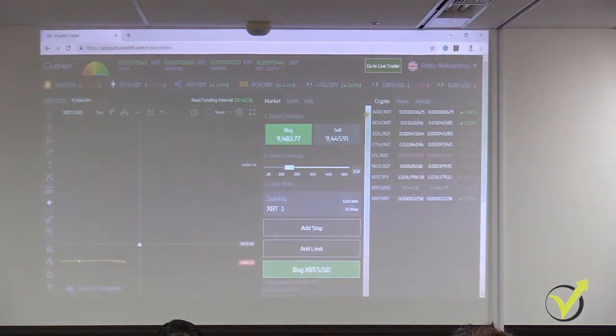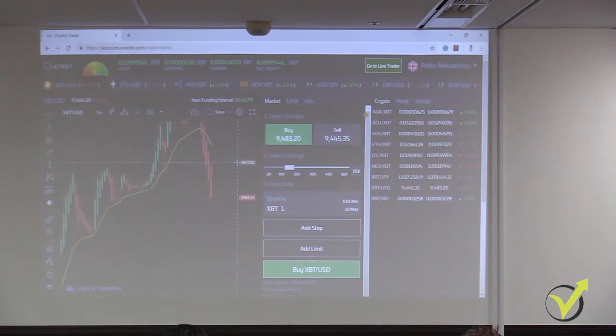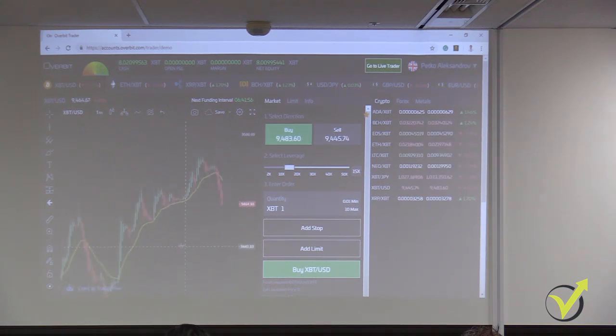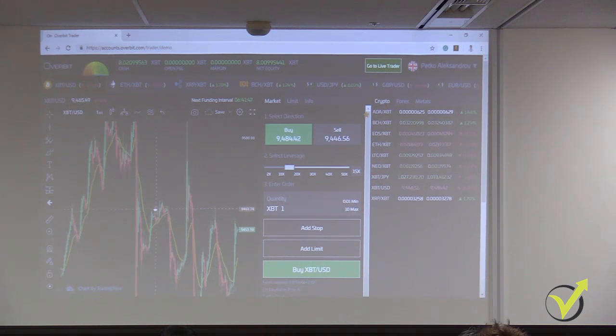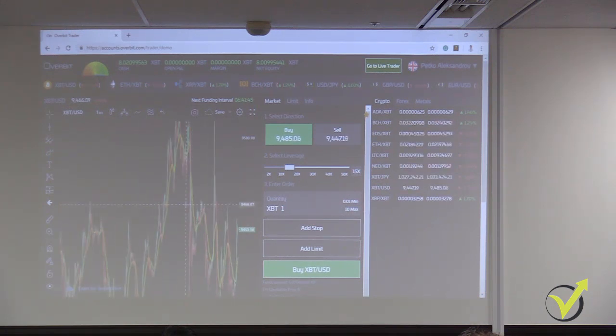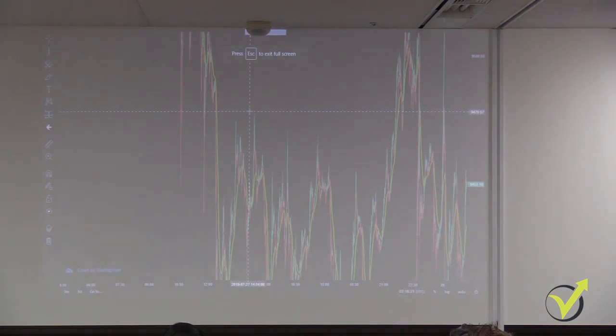The next thing I'm looking at is the 1 minute chart, and this is where I'm actually opening the trades. On 1 minute, this is quick trading, but I confirm it on the 1 hour and the daily chart. So if I want to buy on 1 minute, I need to see that on daily,